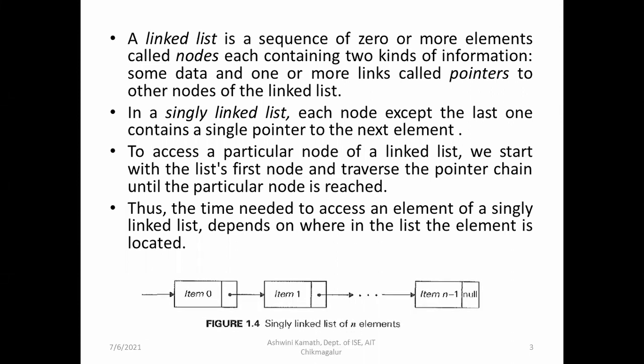So this is the example for a singly linked list. Here we have n number of nodes: item 0, that is the first item, item 1, the second item, and so on up to item n minus 1, the nth item. You can notice that each node will be having